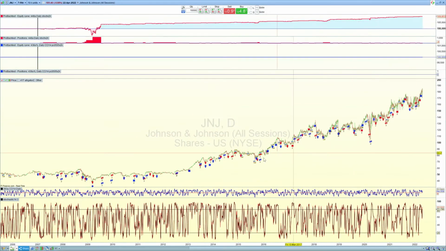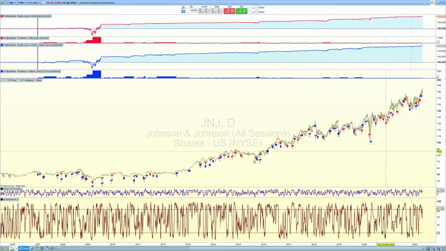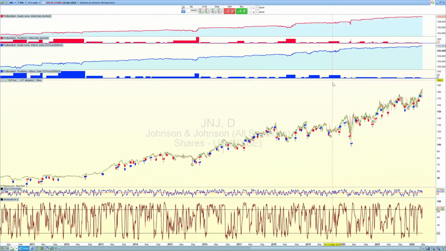Another nice appreciative price chart. Again, most of the downward averaging down happened during the GFC. There was some downturn during COVID, but you can see they're very minimal compared to the GFC period. And lastly, to show you